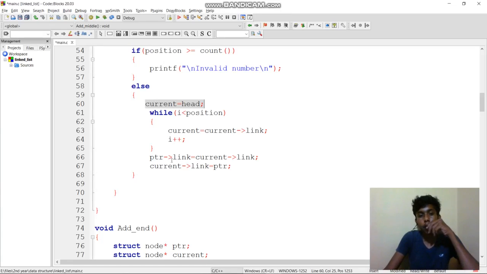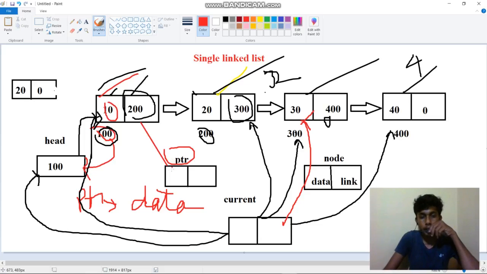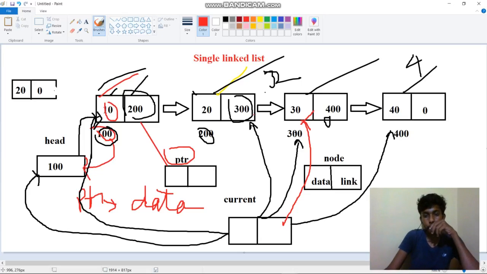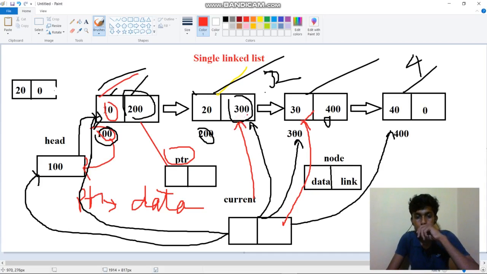Now pointer of link, the newly created node, will be null. So now in this place we are going to insert current of link. The current is here, the current value is 200, that means 200 of link is 300, so this address will be stored here.